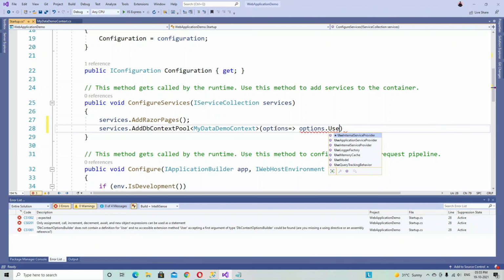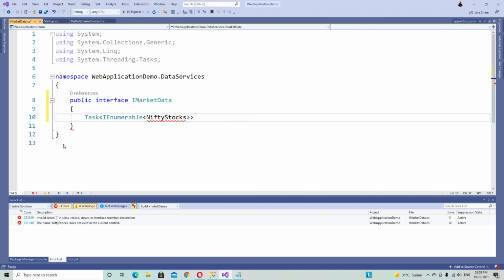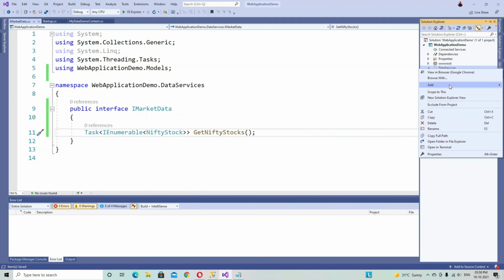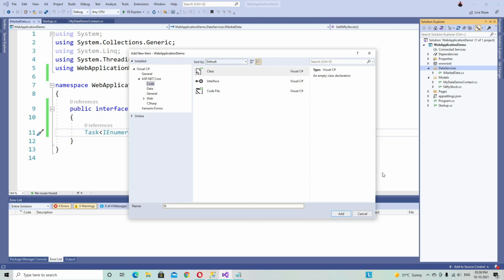We use Interfaces, and the interface name is IMarketData. Change the access modifier to public and create a method signature, Task IEnumerable of NiftyStock, bring the required namespace, GetNiftyStocks.